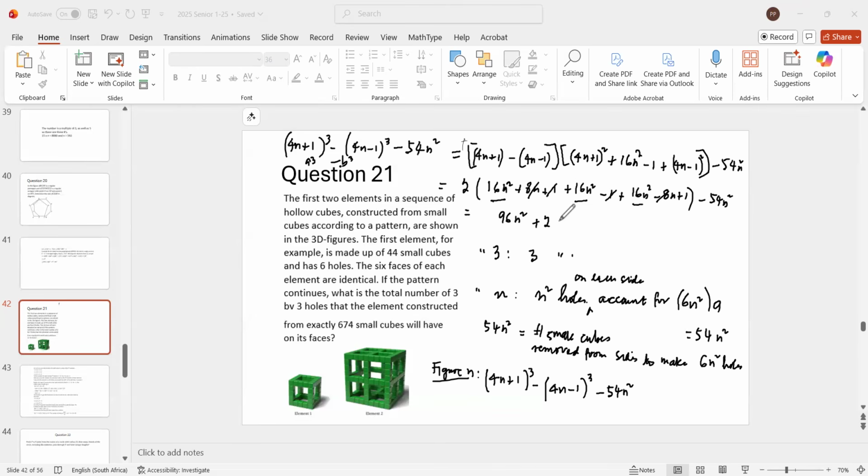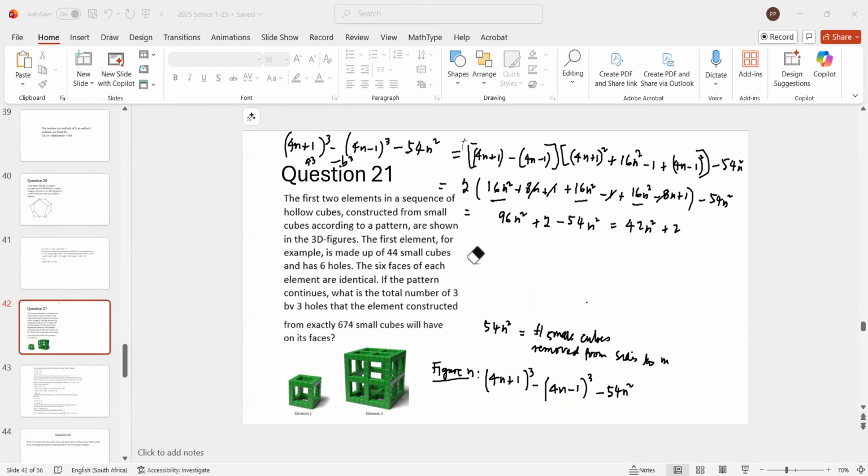2 times 1. Then you take away this 54n squared. And that gives you 42n squared plus 2. Right? 96 minus 54 is 42n squared plus 2. And you see it fits in very nicely because n is figure 1. When n equals 1, you get 44. All right, so this rather complex calculation seems to be, we are in the right track because we checked it for the first figure and